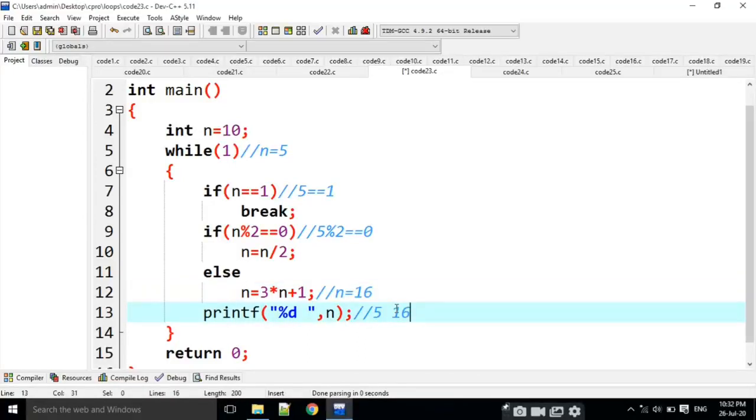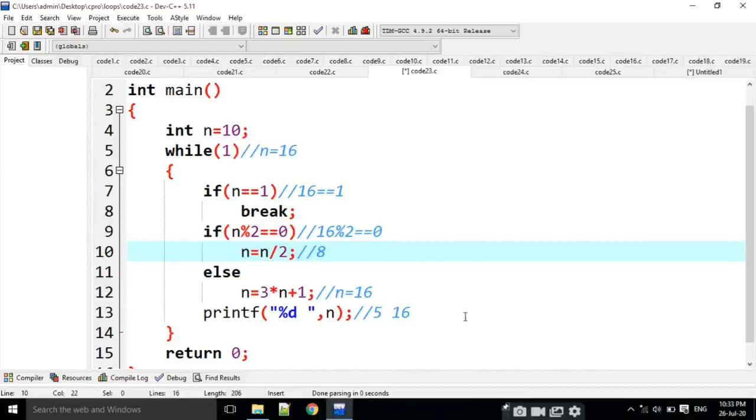What is the n value now? The n value is 16. Is 16 equal to 1? No, not at all. Coming here now, is it exactly divisible by 2? Yes. Now n becomes 8, and it is going to print 8 here. The n value is 8.